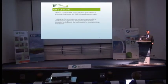The aim of the project is to have marketable sludge derivatives from sustainable processing of wastewater in a highly integrated treatment plant. So in simple words, to make an end to the production of sludge in two ways: reducing the amount of sludge produced, and then the remaining sludge turn it into a useful product and not into a waste. That's a very ambitious, extremely ambitious